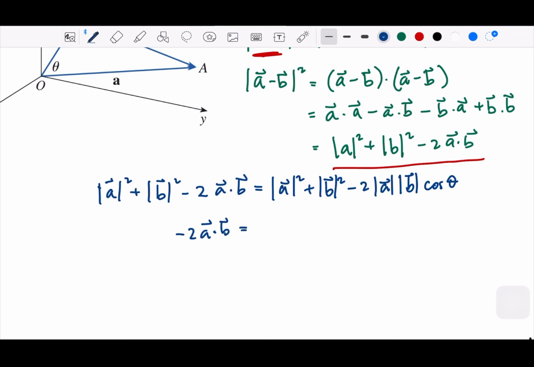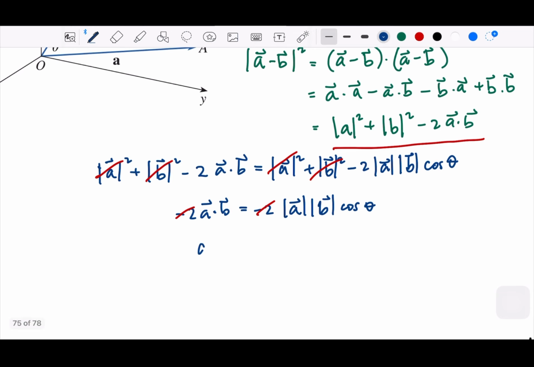So this would be cancelled, and cancel this negative 2, so a dot b is equal to